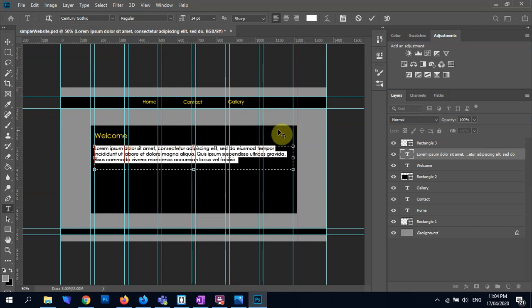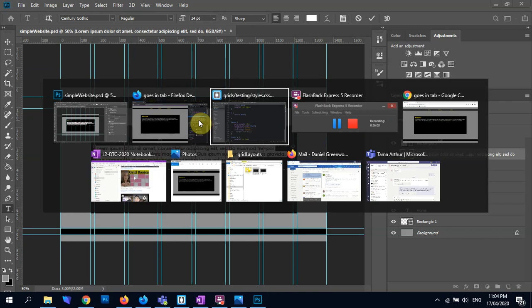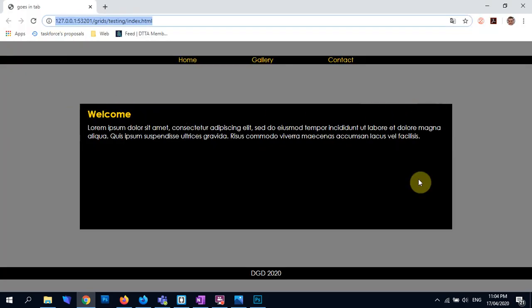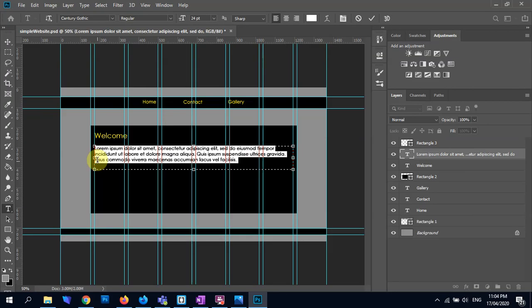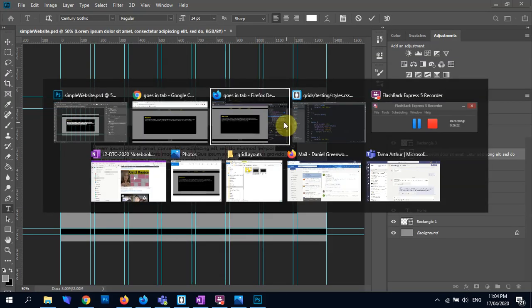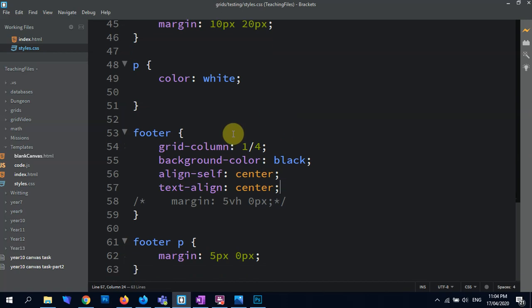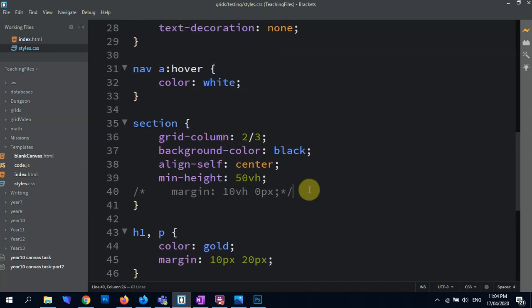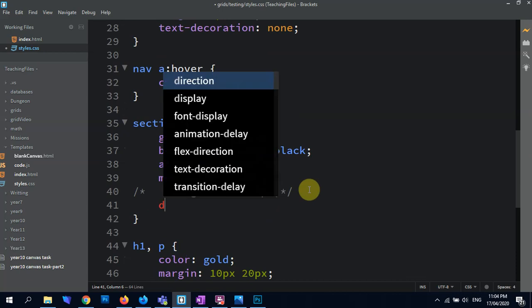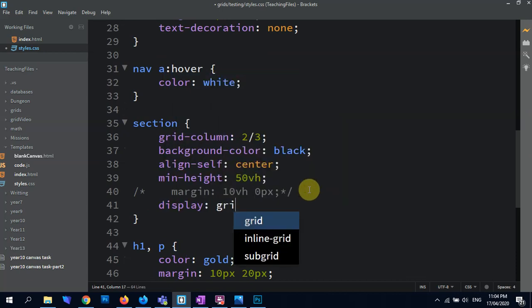If I had a layout where I had blocks of content that were separate and different, because inside this main section part, sorry, let's jump around up here. So inside this main section part, if I wanted things laid out in boxes, in zones or whatever, then I would do a grid for this. So if I just want to really quickly chuck that on, section, all right, display grid,